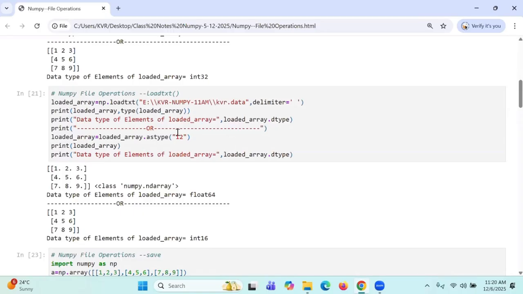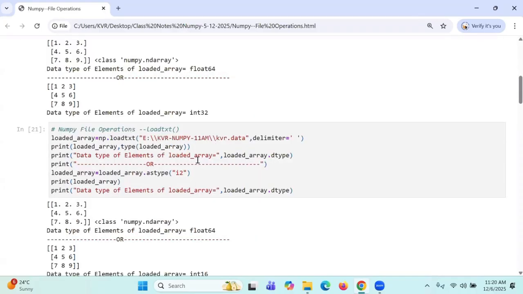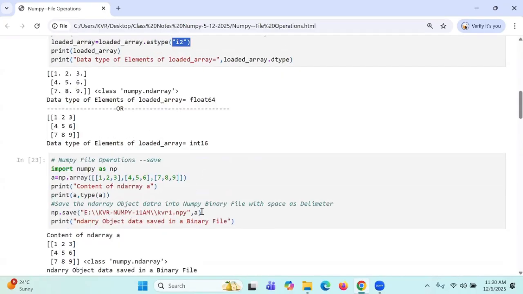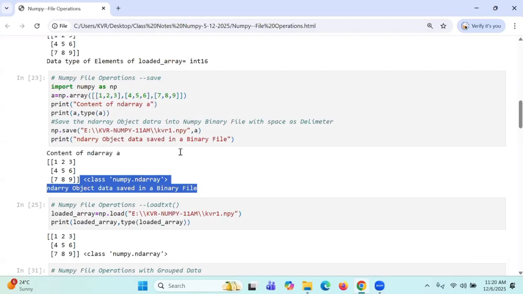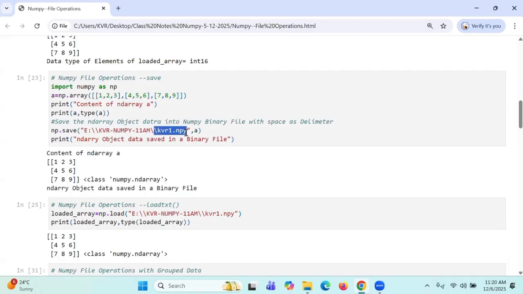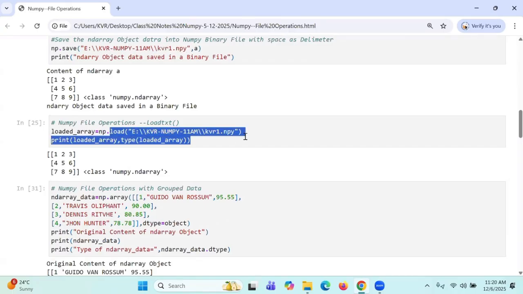So I already mentioned it. Maybe I2 here, I2 here, and earlier it was int. So here it is also converted into I2. Next is saving in the form of NPY files. NPY files are called NumPy binary files. So data is saved in a binary file. I edited the NumPy binary file and showed you it contains Unicode values, like characters visible. That I got by using load. Save and then load are one pair.